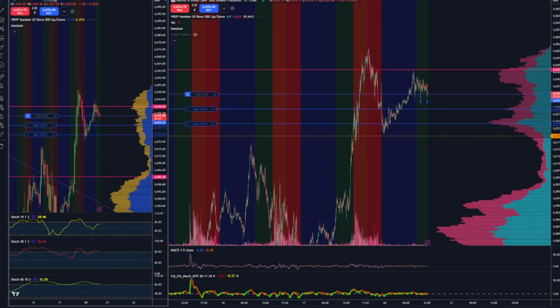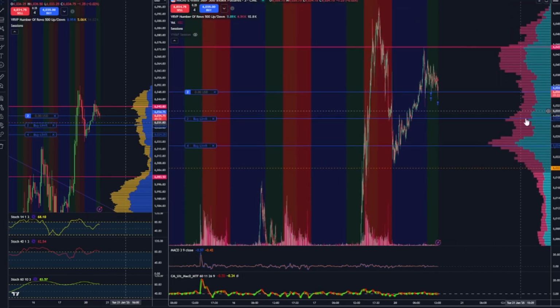This could be totally wrong. This could come down here. I could buy, and it could break through this, and I'll have to just get out. But since I'm using MES and my sizing is not too huge, I can manage that. We'll see how it goes. I'll keep you updated as the day goes on, but